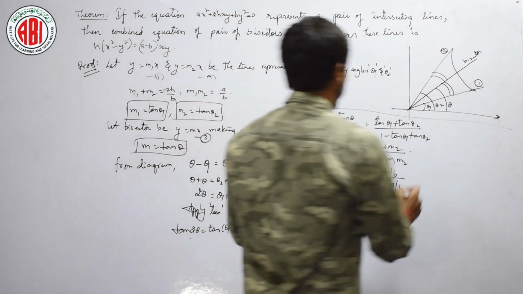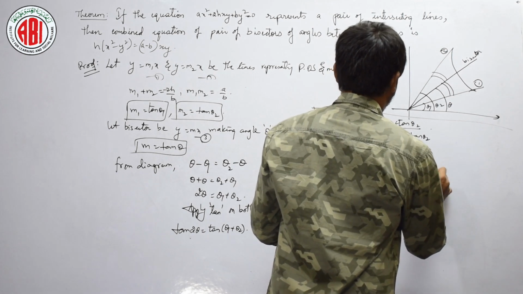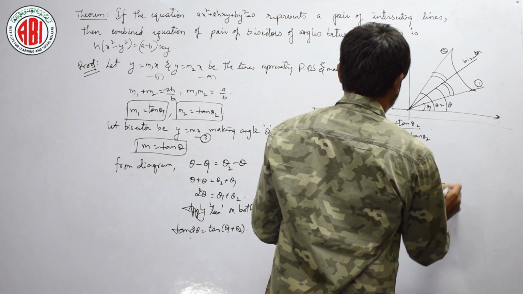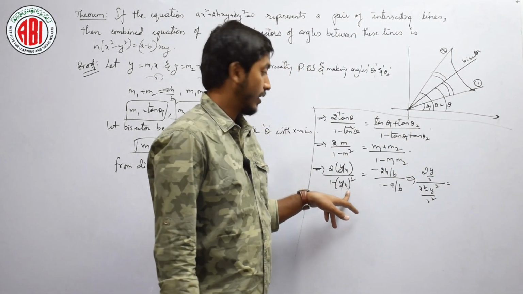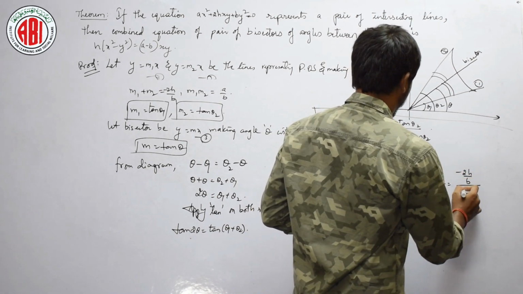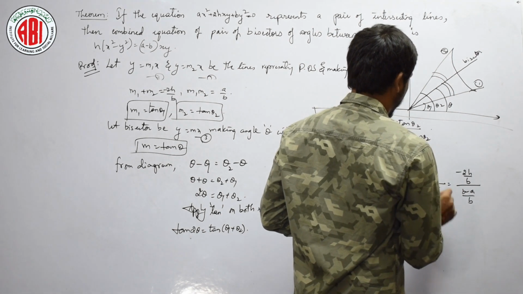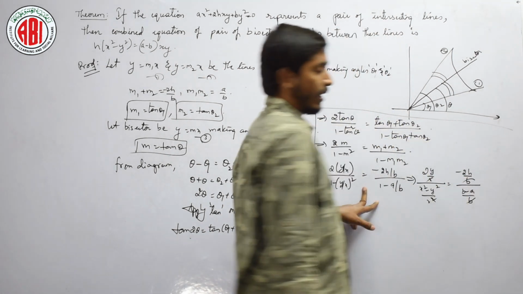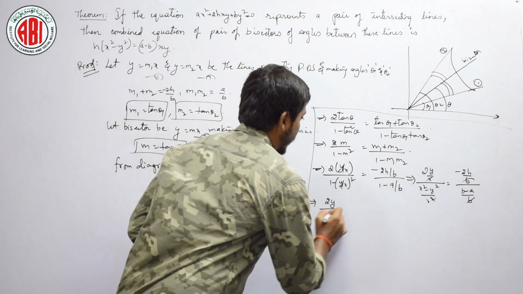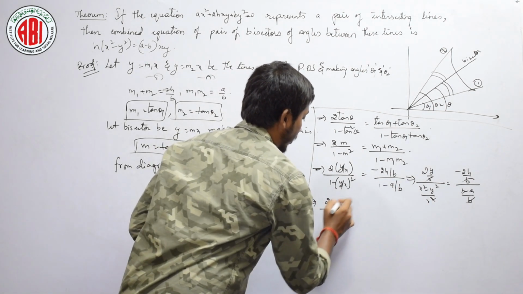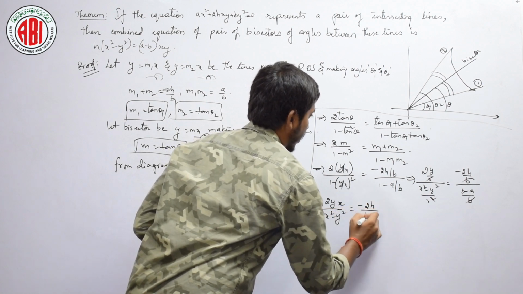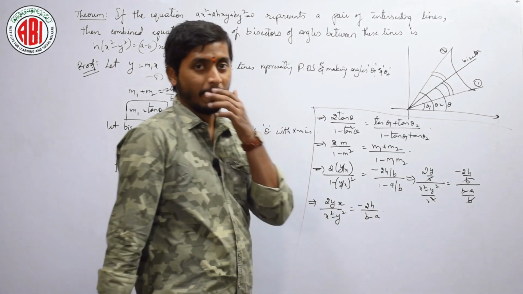Let us simplify this, what it will become? 2y by x by x square minus y square by x square equal to, here x square is the LCM, right. Here that is equal to minus 2h by b whole divided by b minus a by b. Here x gets cancelled, b gets cancelled, right. Then it will become 2y by, this x will go in the numerator, x square minus y square equal to minus 2h by b minus a, is it right?